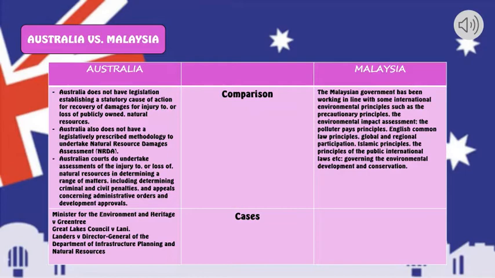Whereas, Australia does not have legislation establishing a statutory cause of action for recovery of damages for injury to or loss of publicly owned natural resources, such as the Comprehensive Environmental Response, Compensation and Liability Act 1980, also known as the CERCLA, or the Oil Pollution Act 1990 in the USA. Australia also does not have a legislatively prescribed methodology to undertake natural resource damages assessment, also known as the NRDA. Nevertheless, Australian courts do undertake assessments of the injury to or loss of natural resources in determining a range of